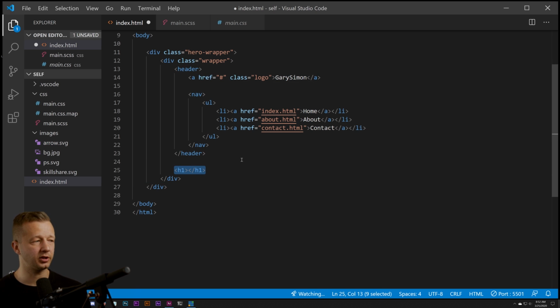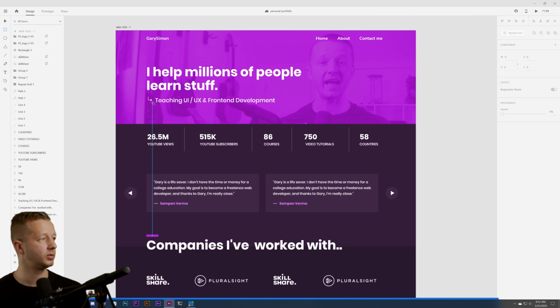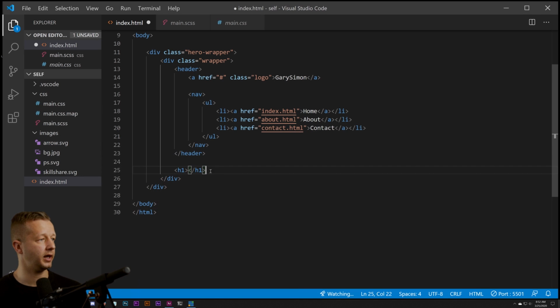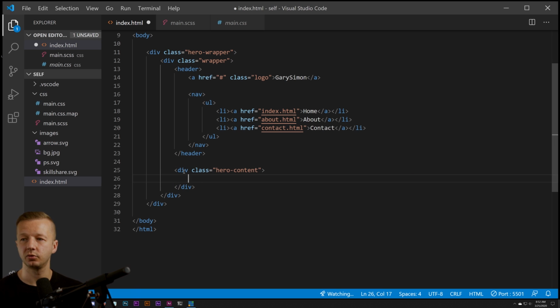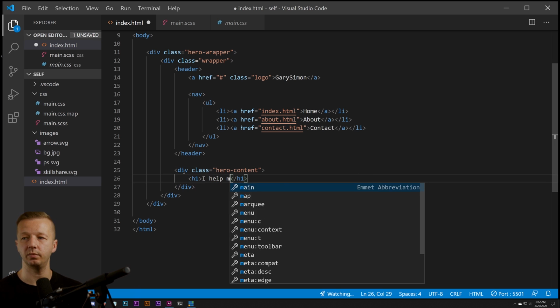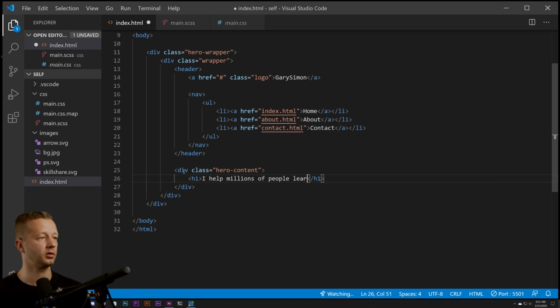But I wanted to be able to specifically move those elements around easily, these two. And so with that said, I'm going to give them their own wrapper. So that's going to be called hero content. And this will be H1. I help millions of people learn stuff. And then also a paragraph of subtitle